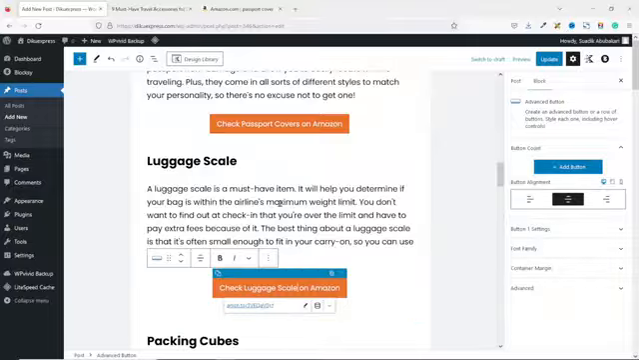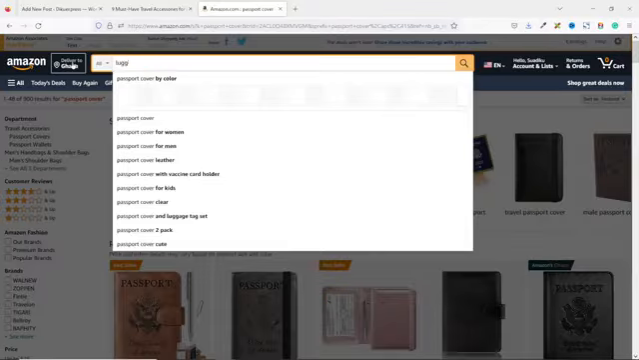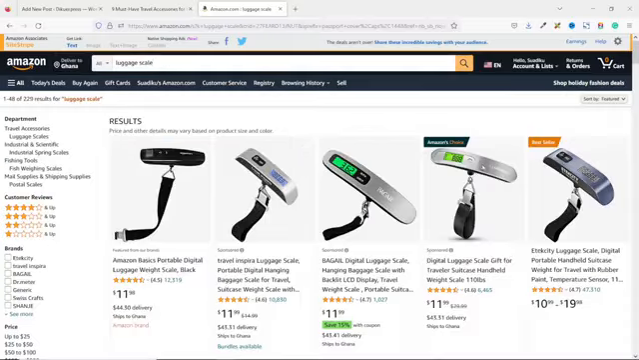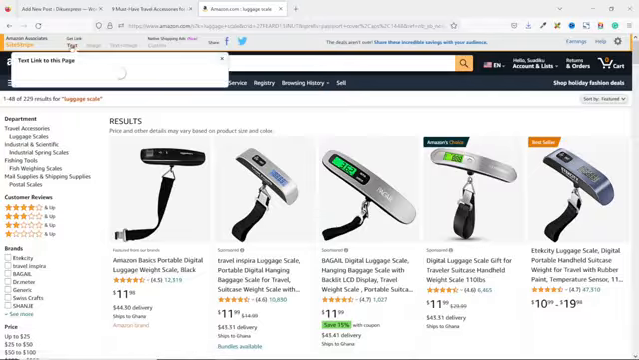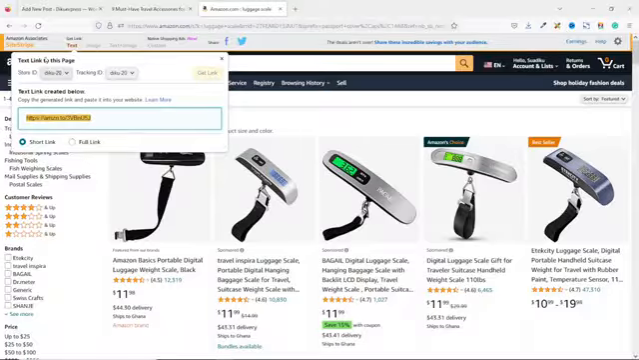Next thing I want to do is go over to amazon.com, then I search for luggage scale. Hit enter. I have some results right here on luggage scale. To get the link, I go over to text, have my short link here, right click, copy, go back to